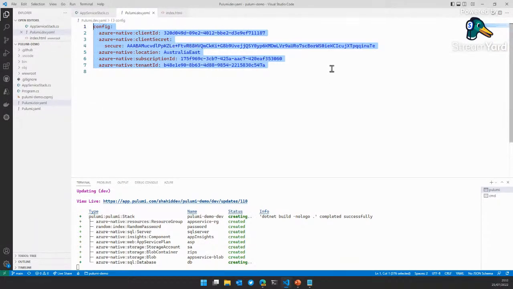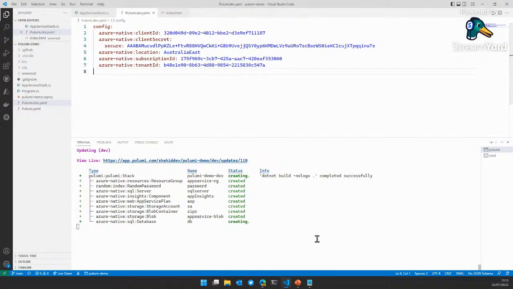Now, of course, some people still wouldn't want Pulumi to manage their secrets for them. So for us in production, we use Key Vault for our secrets. And in that situation, what Pulumi actually does is it encrypts the values in the file using a secret from your Key Vault. But then you can still save the rest of the stuff into the console and into source control. And that's all fine to do as well. And as I said, you don't need to use any of the Pulumi console. You can just run it completely yourself and manage the state yourself if you wanted to.